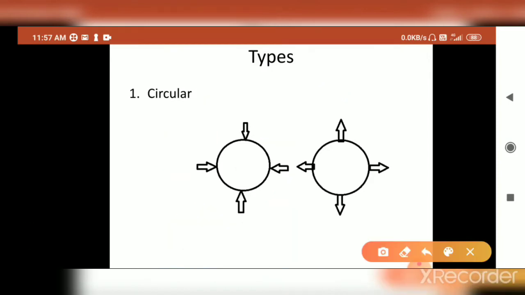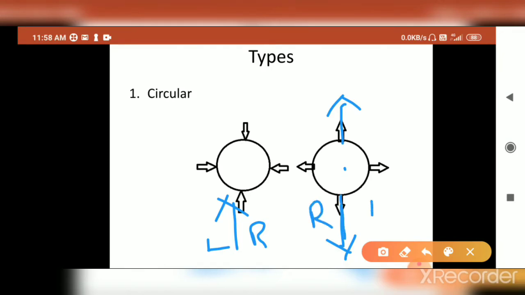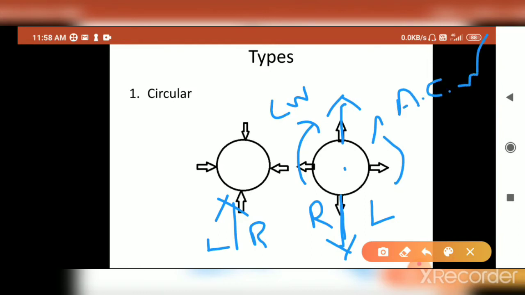And when you are facing away from the center, you have to imagine you are here or here, in any direction, facing away from the center. Now see, towards the center, this becomes right and this becomes left. Away from the center, you are facing this side. So which will become the right side and which the left side? You understand? So the right side becomes clockwise here, and the left side becomes anti-clockwise. But here the left side becomes clockwise and the right side becomes anti-clockwise.